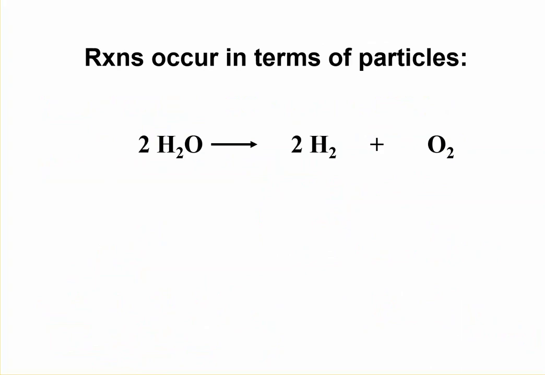Okay, well, the reason that we need to count them is because reactions occur in terms of numbers of particles. When we look at this reaction, we have a decomposition of water. We read these coefficients, these numbers in front, we could read them as this is 2 molecules of water, splits apart and forms 2 molecules of hydrogen, and there's an implied 1 here, isn't there? So 1 molecule